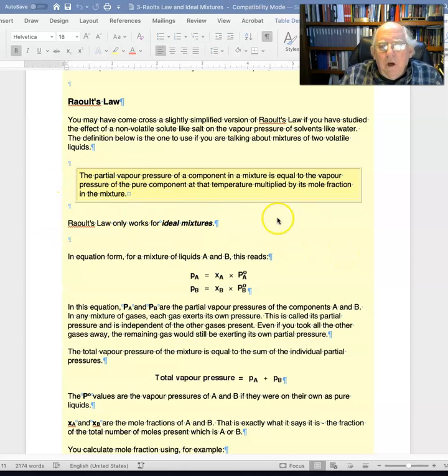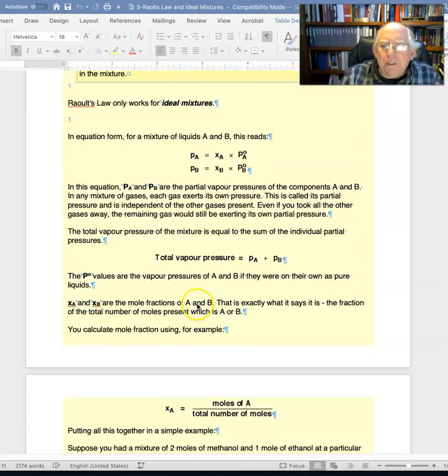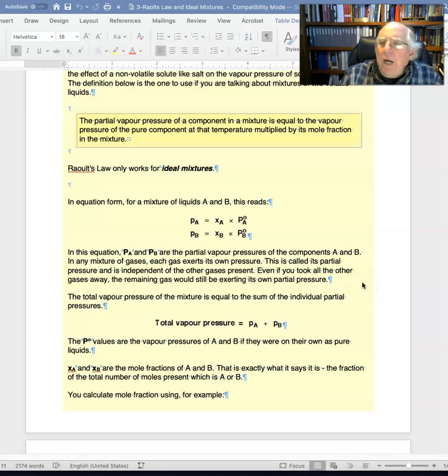And so what Raoult's law basically tells us for an ideal mixture is that if we have a value of X, which in this particular case is the mixture amount, the mole fraction of the two separate components, then when we have a mixture of A and B, the partial pressure of each of those is going to be the mole fraction of the individual times what's called here the partial pressure if it was